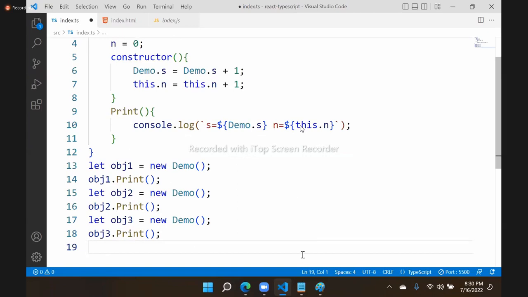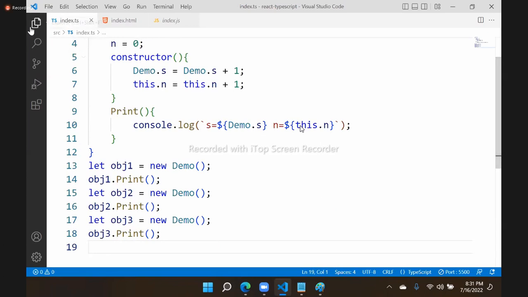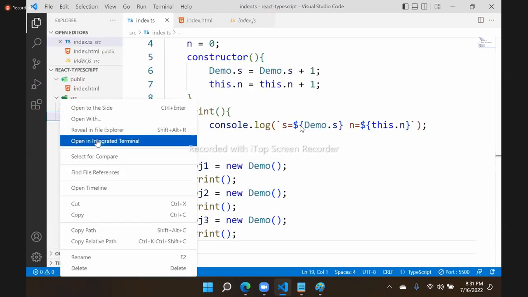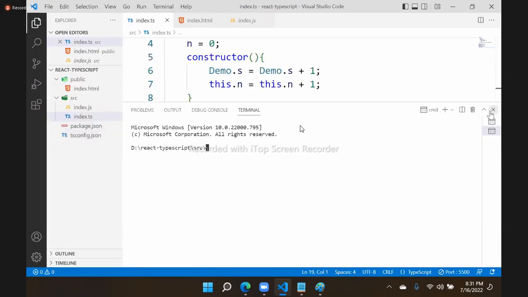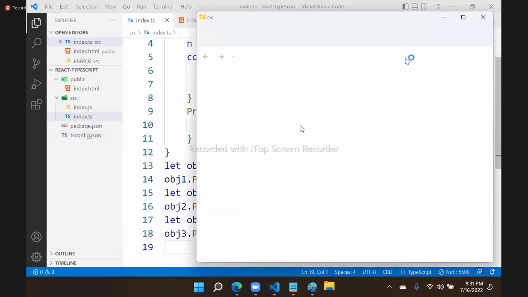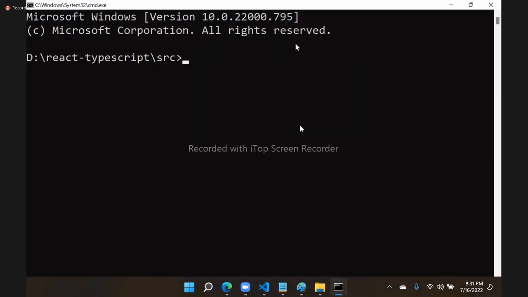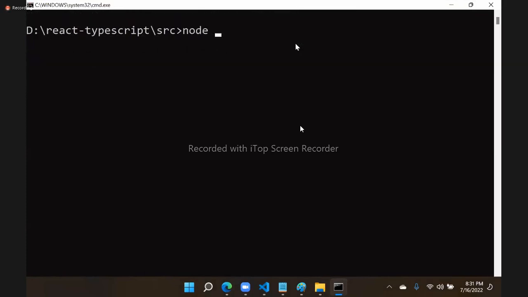Now let's run this and see. So I will open this here. Just for your convenience, I am opening this in Explorer to show you on a new screen. Otherwise it is not required. Test internal, tsc index.ts, and we will compile this, and then node index.js, and you can see that